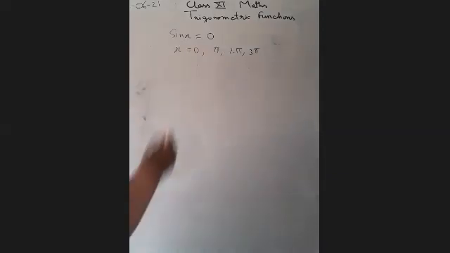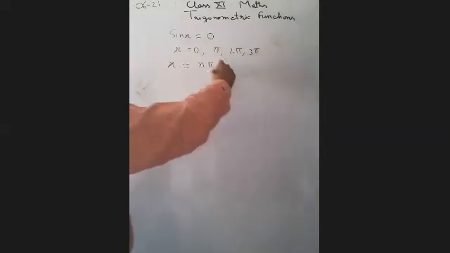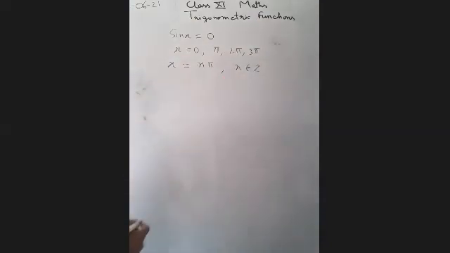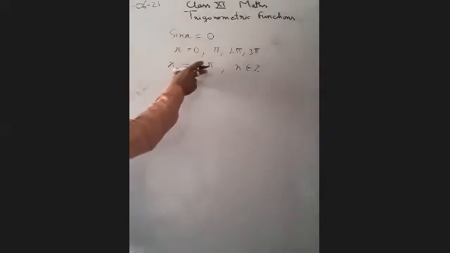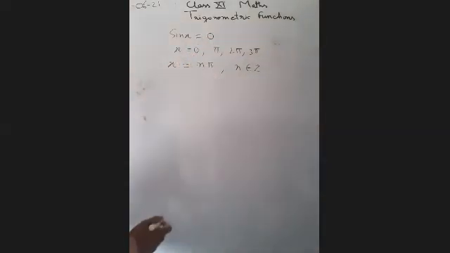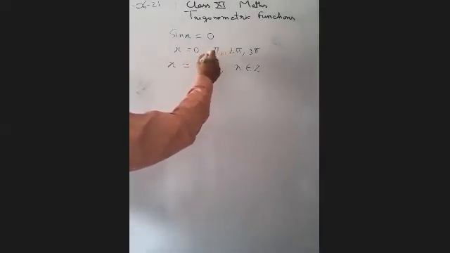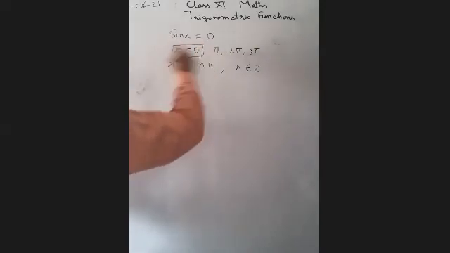If we write it in the general form, we can write x is equal to n pi, where n belongs to Z. Z stands for integer, so you can use any integer, including minus pi, minus 2 pi, minus 3 pi also. So we will get infinite solutions. Then it is called a general solution. In case of a particular solution, we give the answer which is the minimum value in radians. In a particular solution, we give only one solution.